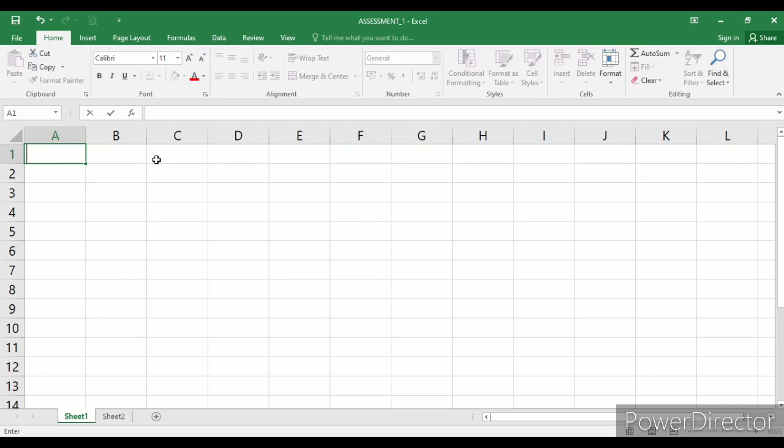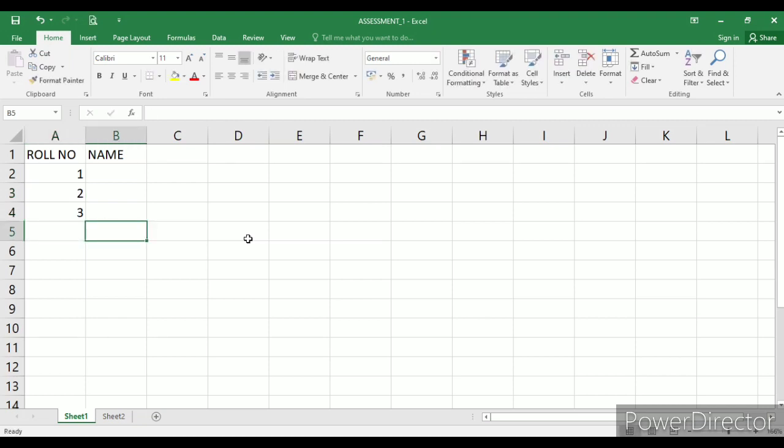If I want caps lock, just click on caps lock, roll number, then go to the next cell, just press the right key or click on the next cell, then type name, then just press the arrow key, and then you can move anywhere. Now fill the entries, roll number 1, then 2, then 3, and so on.